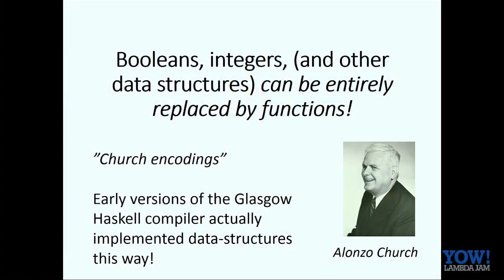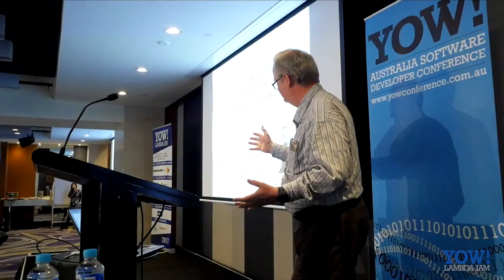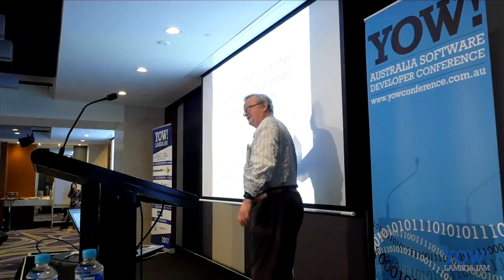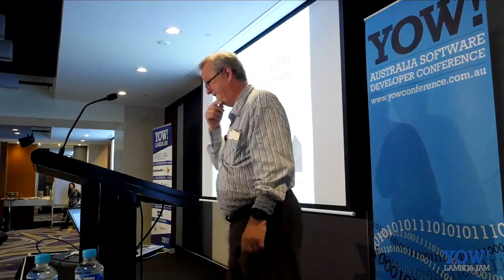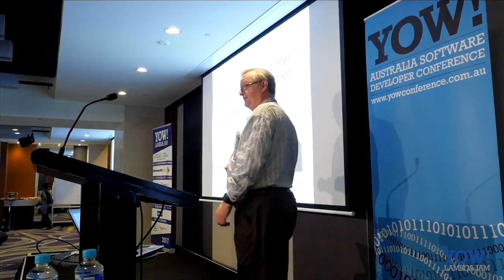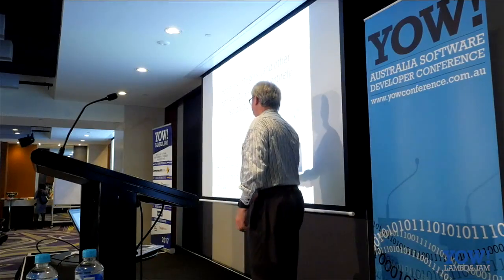But actually, these ideas have had a practical impact as well. You may not know this, but early versions of the Glasgow Haskell compiler actually represented data structures this way. Not numbers, obviously. That would be stupid. But data structures. There was a man called Jon Fairbairn was the first to do this. He built his own functional language compiler, and he implemented lists and tuples. He did a quick hack, and he used the Church encodings. And then after a little while, when the compiler was working a bit better, he thought, OK, now I should implement them properly. So he implemented built-in data structures, and the code went slower.